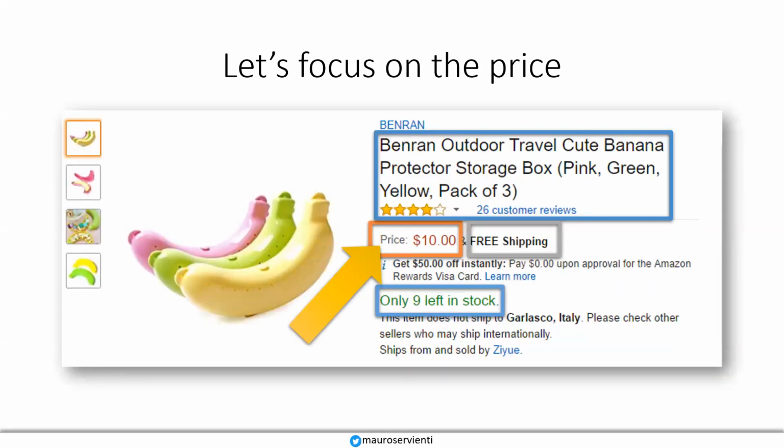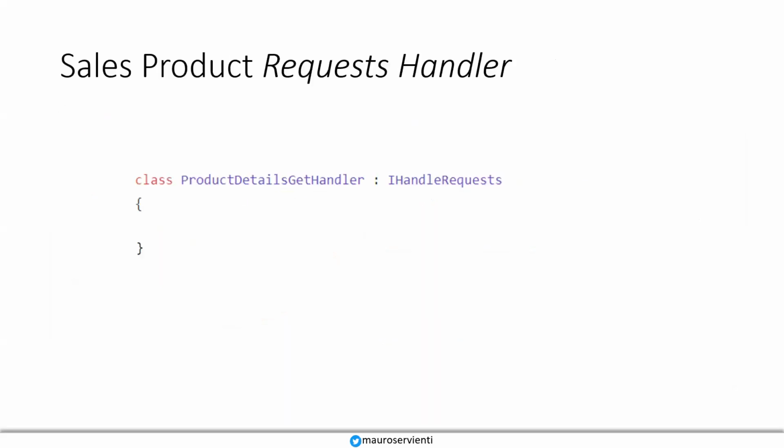Let's look at this hypothetical product page and try to understand the way for Sales, in this case, to handle and compose the price on such a page. We can imagine something like this: a class that implements an interface called IHandleRequests. In this case, we have the class called ProductDetailsGetHandler. The first thing that the